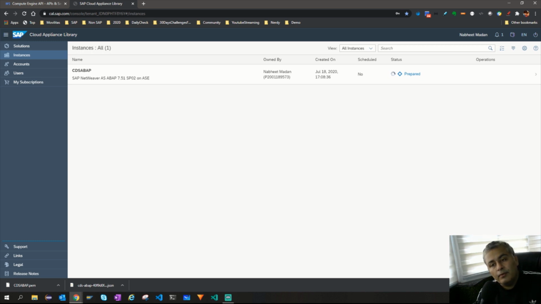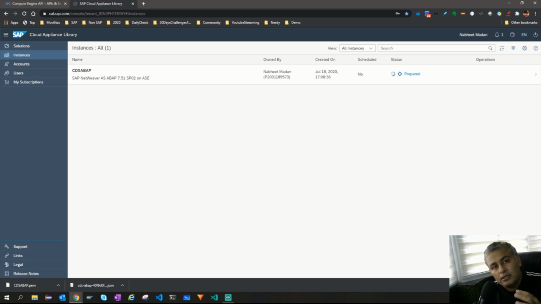So what we have done is we created a Google Cloud account which has $300 credit. Then I created a service account in Google Cloud which will give the access to our Cloud Appliance Library, and then I gave the service account those roles also, so that it is able to create those virtual machines which will have our SAP server running.